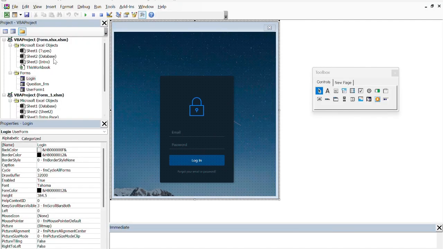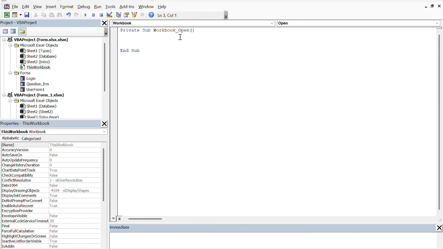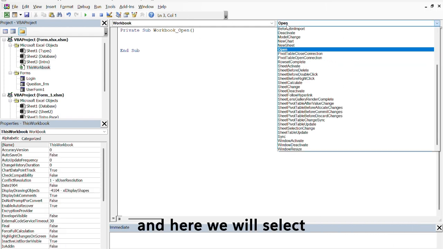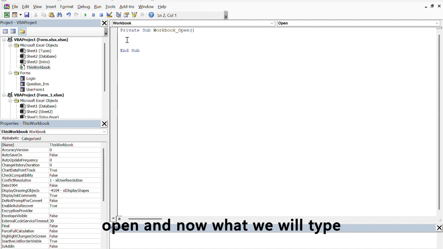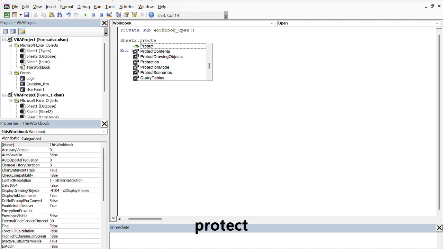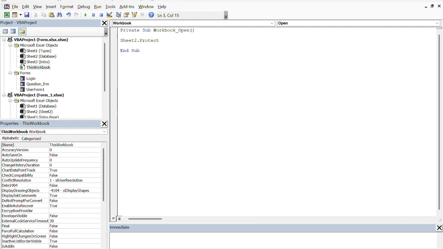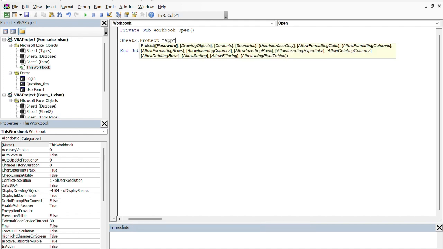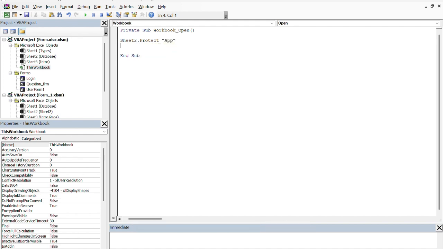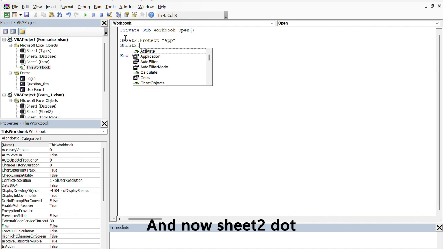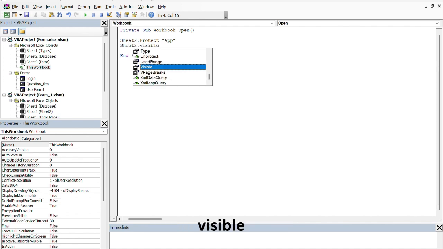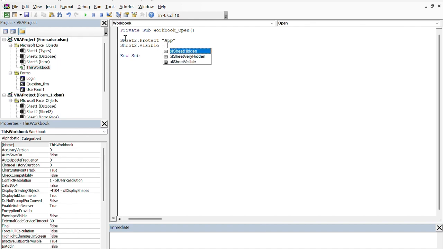For that, we'll go into this workbook and here we'll select open, and now what we'll type is sheet 2 dot protect and the password is app, and now sheet 2 dot visible very hidden,